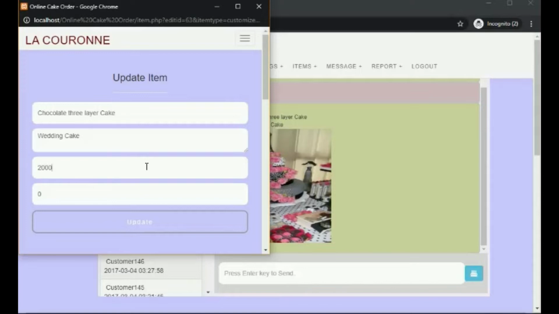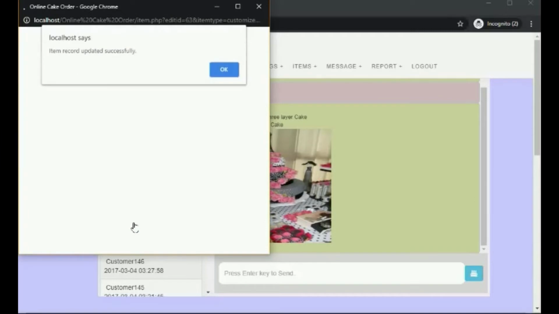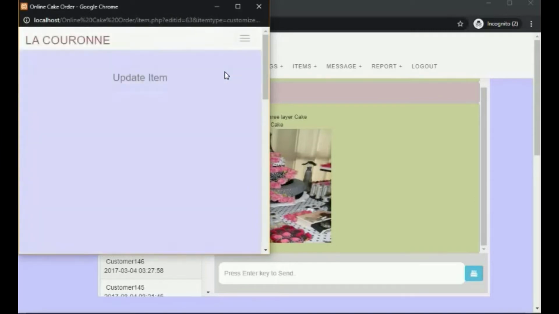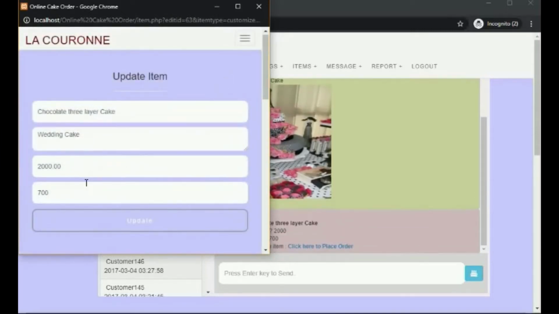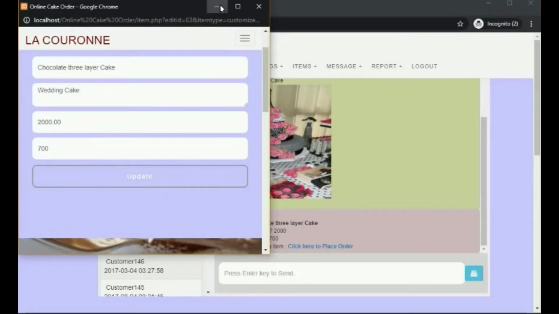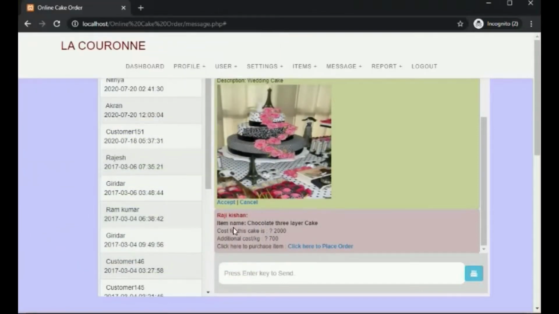That is, the item cost must be mentioned, and the additional cost also must be mentioned. On clicking on update, the details will be sent to the customer, and customer will also have the option to place the order.